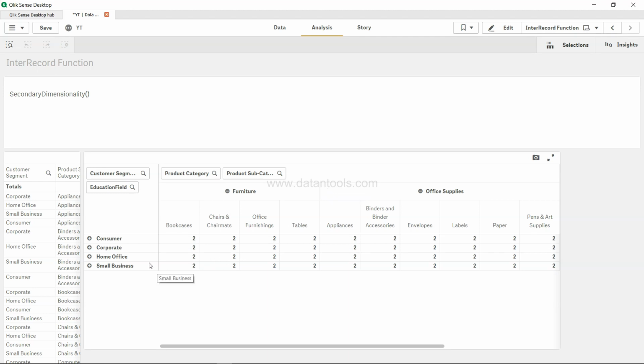If it is only dimensionality, it will work with these vertical rows. If you have secondary dimensionality, which is column based, then it will work on the columns. So that is a very important thing to keep in mind. And what I really want to suggest to you is that it requires a lot of end user education based on how the calculations are happening.